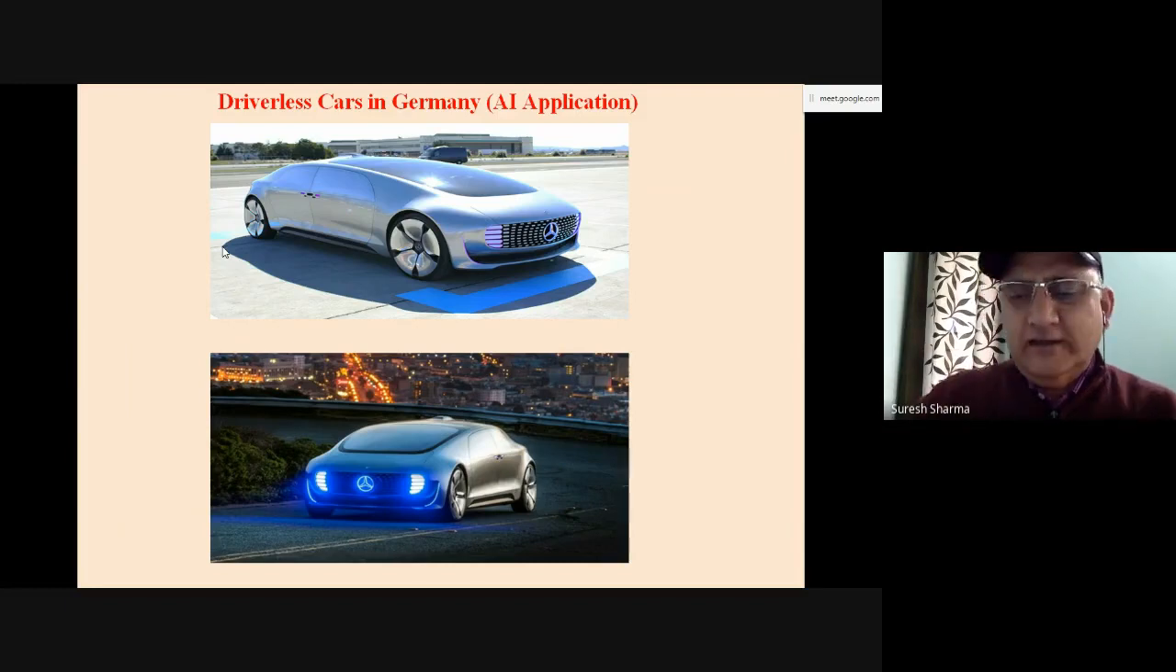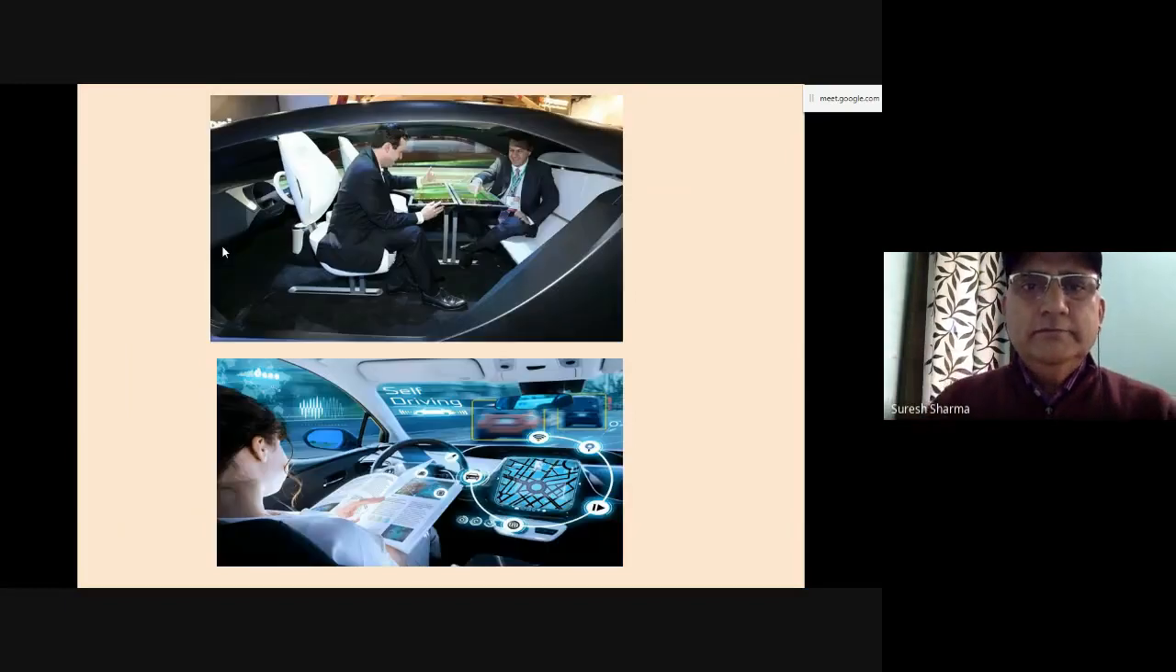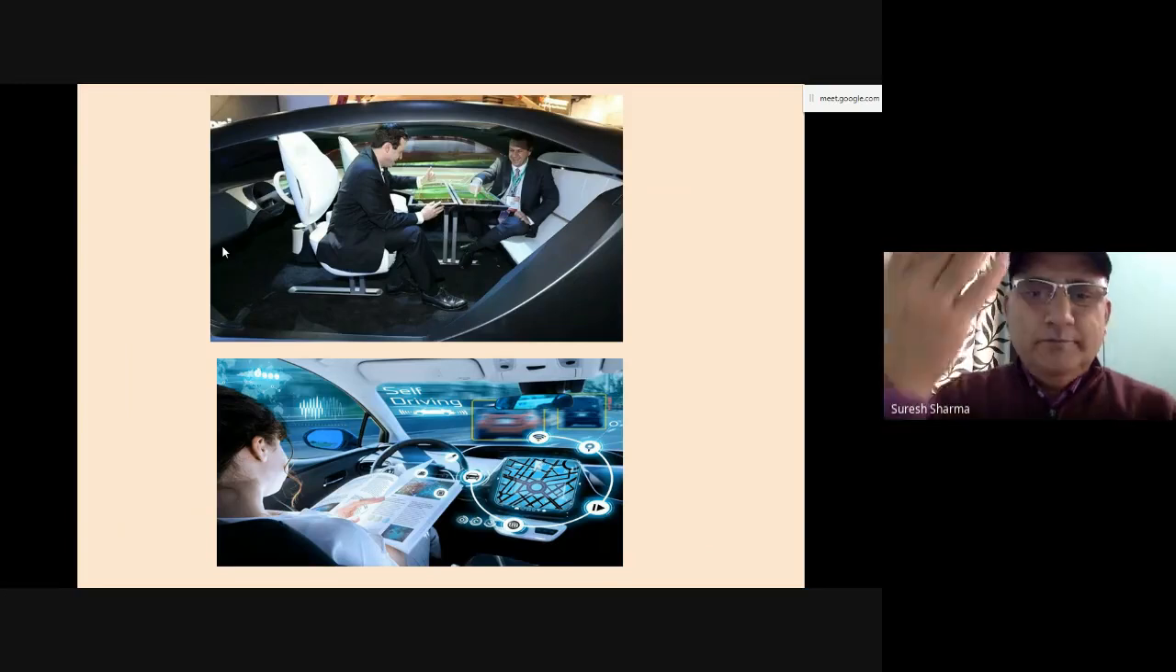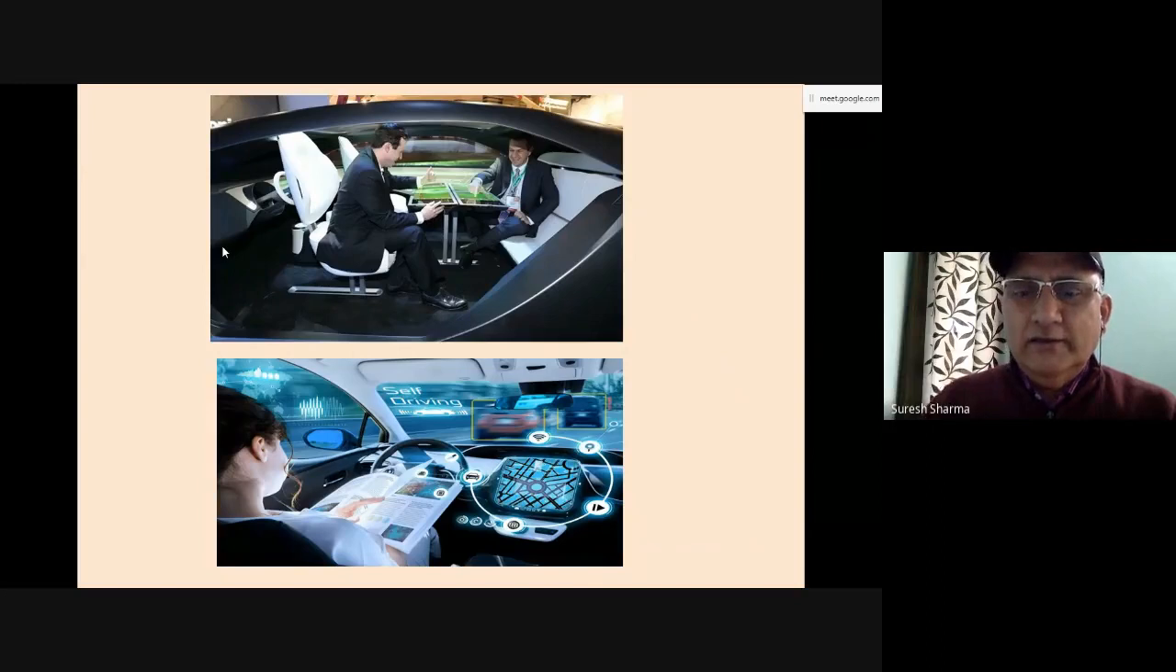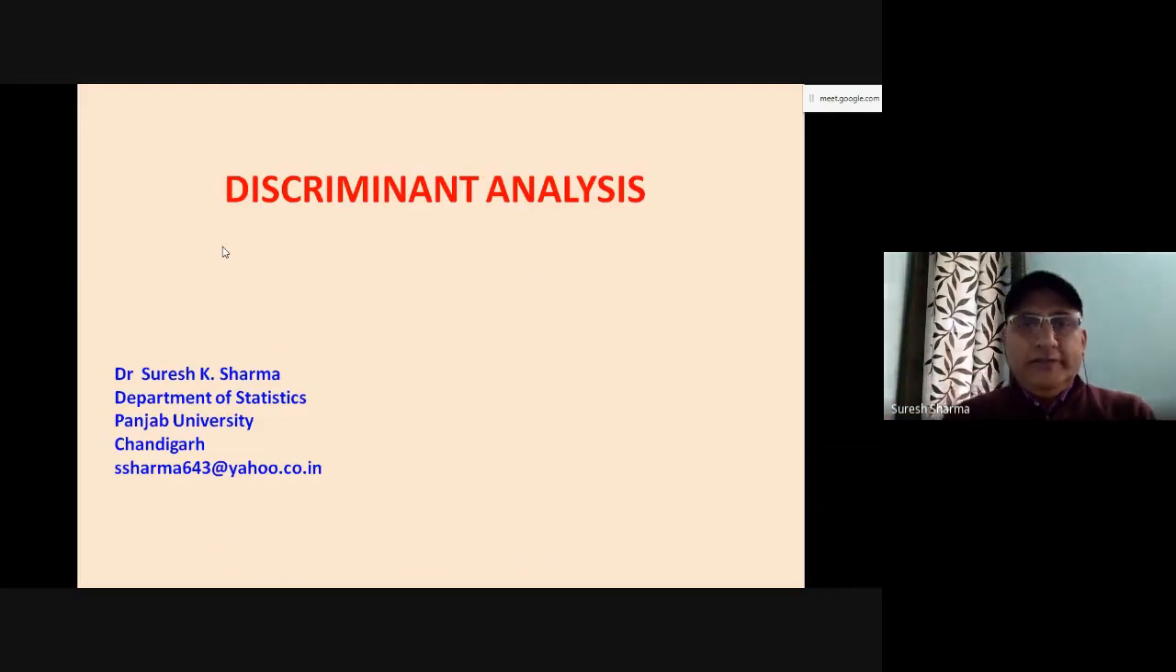saw these driverless cars there. People are playing games sitting on the backside. People are going through magazines sitting in the car. They don't have to drive. They're just sitting, right? Okay, now with this background, let me come to my first topic, which is called discriminant